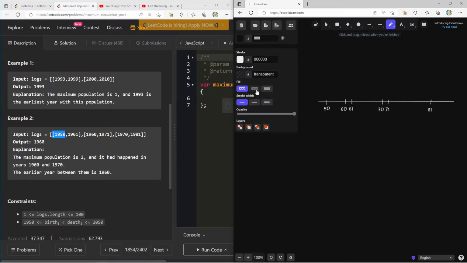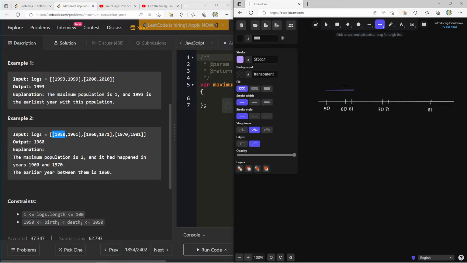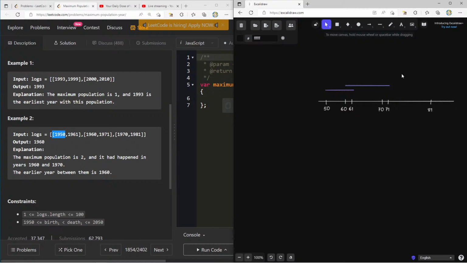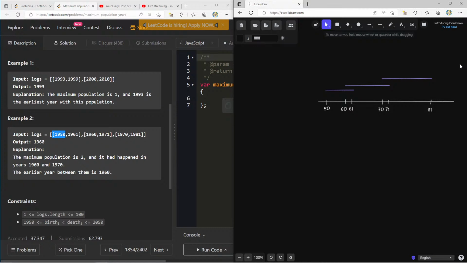So let's get our line tool and let's give it a background. So we're going to go from 1950 to 1961. That's way too big. And you know what? We should actually maybe use this. 1950 to 1961, that's 1. Then we have 1960 to 1971. So let's say over here. And then finally we have 1970 to 1981. So right here. So what is it that we're looking for actually, and why is it that in this range,